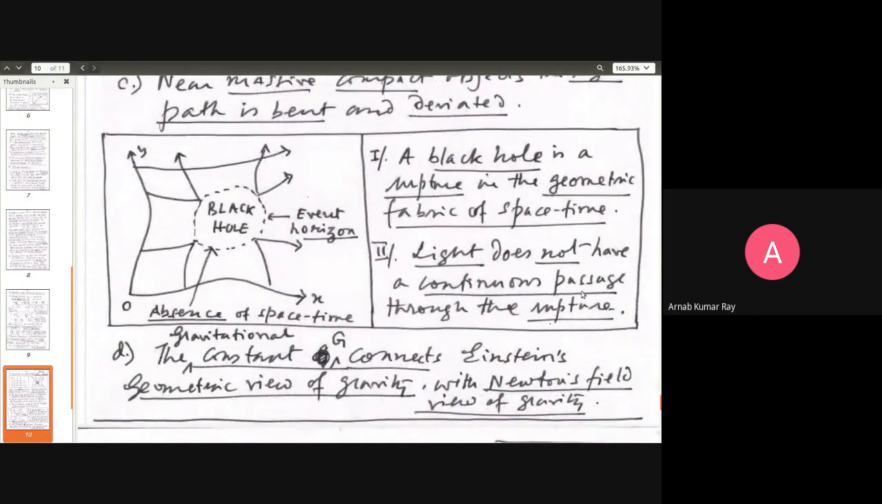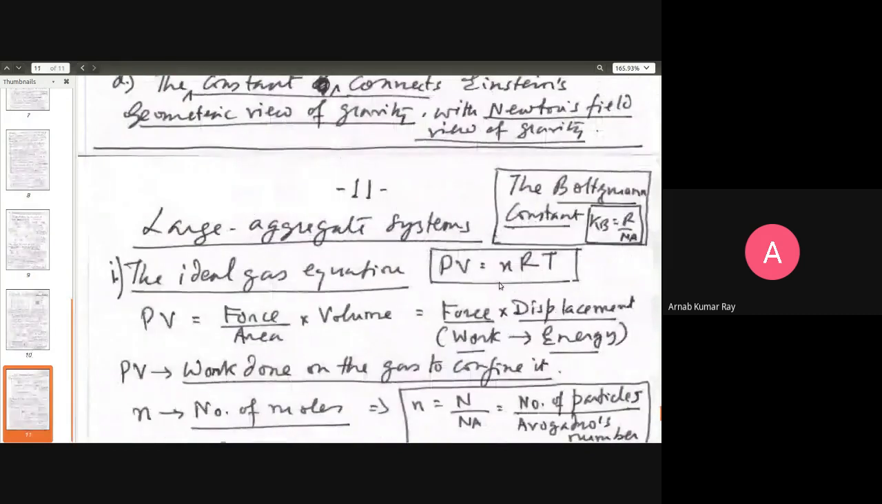So that is the third fundamental constant I wanted to talk about. Now let us go to another fundamental constant, although